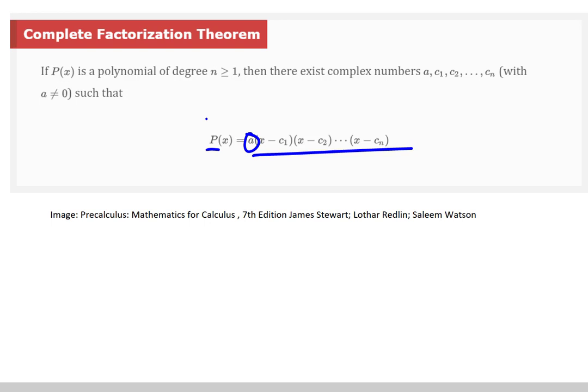Significantly, this theorem is stating that we can take any polynomial, p of x, and write it in factored form. Yes, that means that any polynomial can be factored. Now, that may seem a little strange if you think back to the days of learning factoring methods. There were some cases in which you may have seen a polynomial and stated something like not factorable, or you might call it prime. And that was true in that context, but this theorem is saying that there's a way